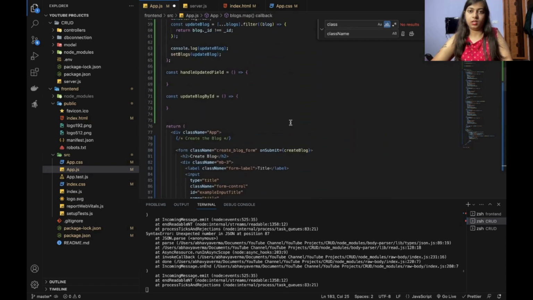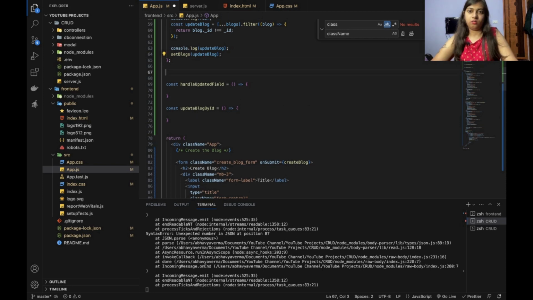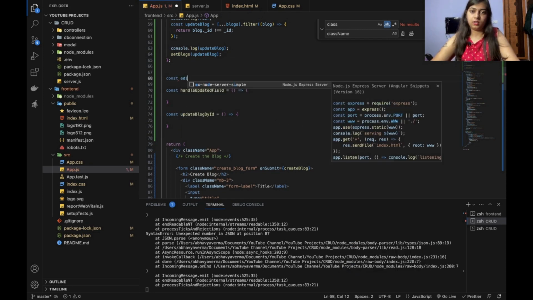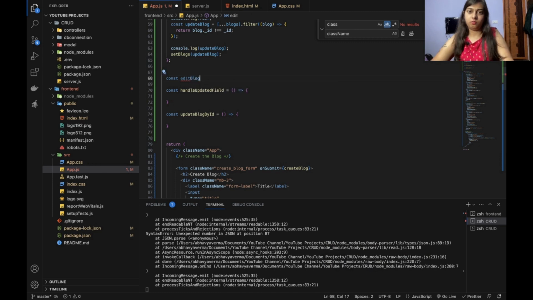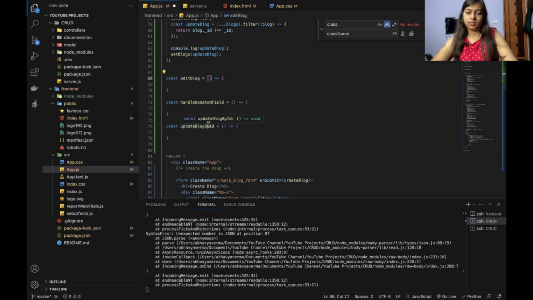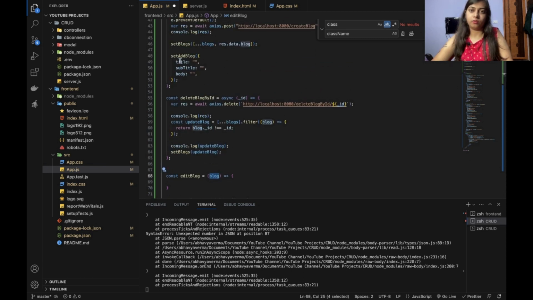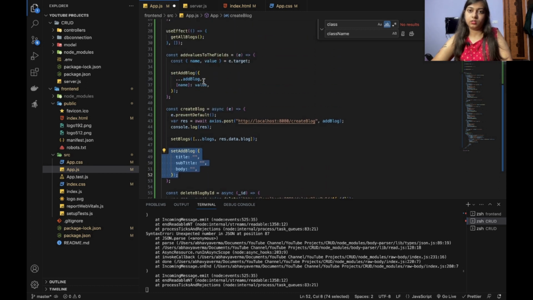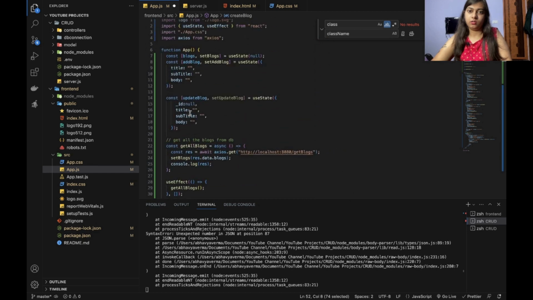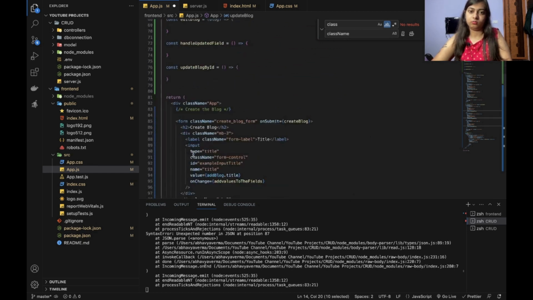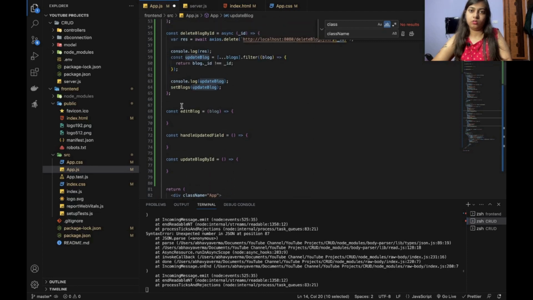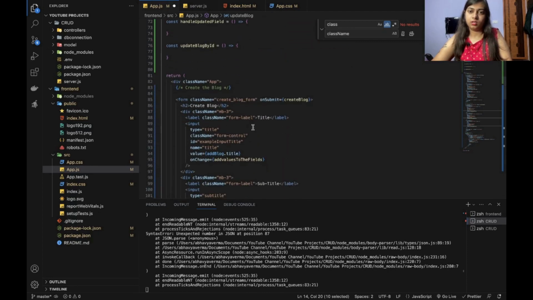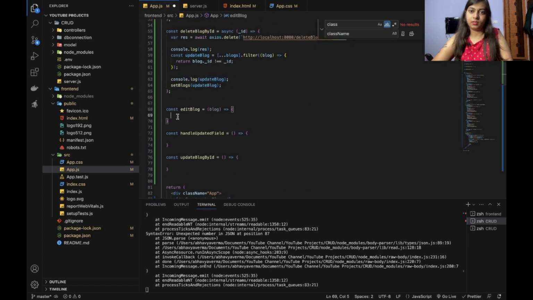Okay, let me declare the function again here. On top of that, const edit blog. This is also an arrow function in which I am passing the blog value. Okay, and this blog value whatever is passed will be used to modify the value present here. Thus not set add blog, it was event, yeah, the update blog, this value. Okay, so I will use the destructuring part here, this one,